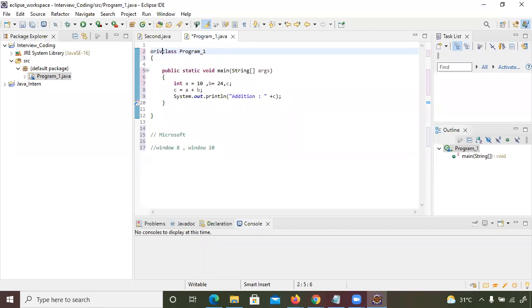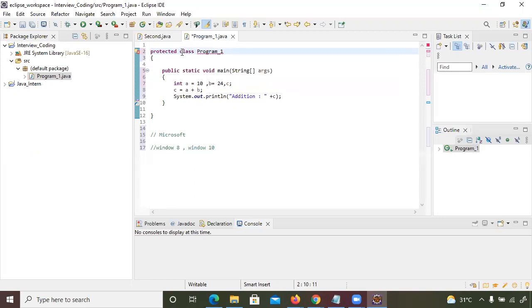There are other access specifiers too. There is private, which means it is private to this program. Similarly, protected is one more specifier.